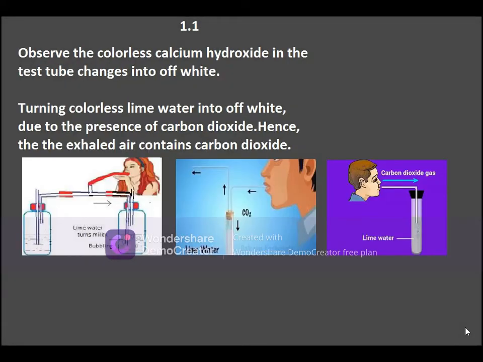Observe the colorless lime water in the test tube change into off-white. Turning colorless lime water into off-white is due to the presence of carbon dioxide. Hence, the exhaled air contains carbon dioxide, as you can see on the screen.